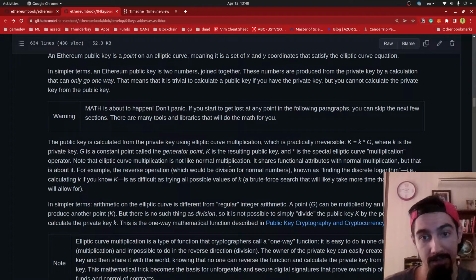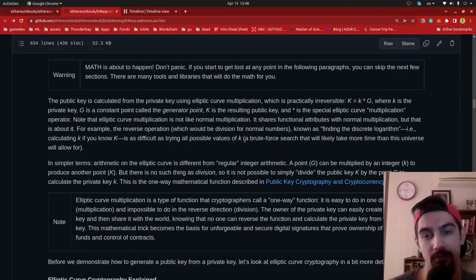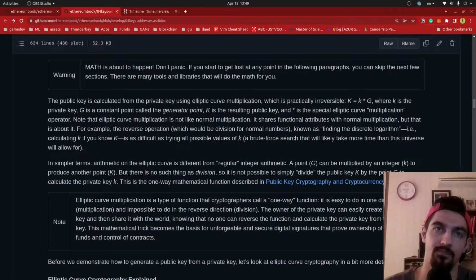But in elliptic curve multiplication, the division is called finding the discrete logarithm, and it is as difficult as trying all possible values of k, a brute force search that will likely take more time than this universe will allow. So that's how your wallet in Ethereum is secure.